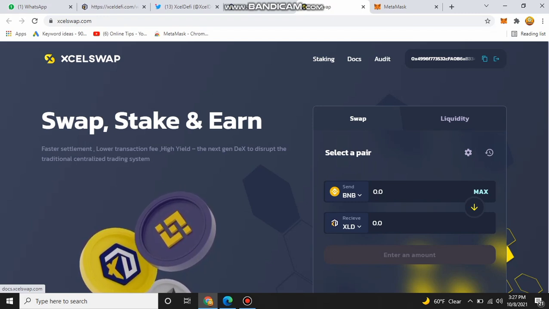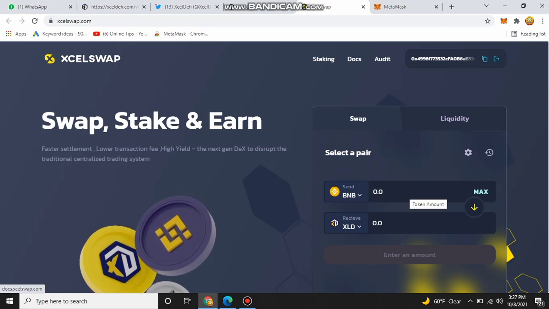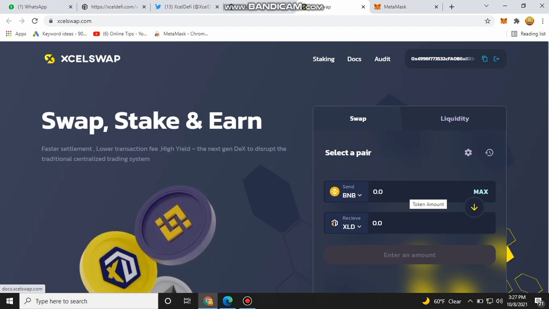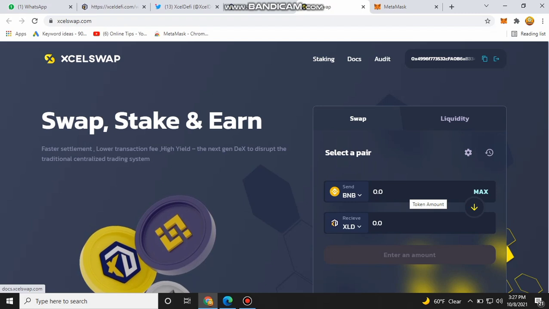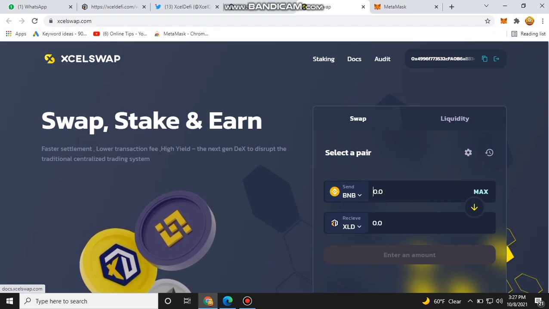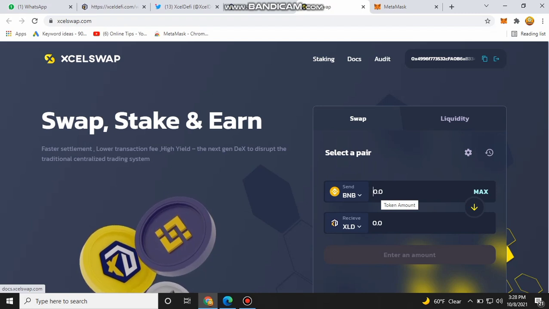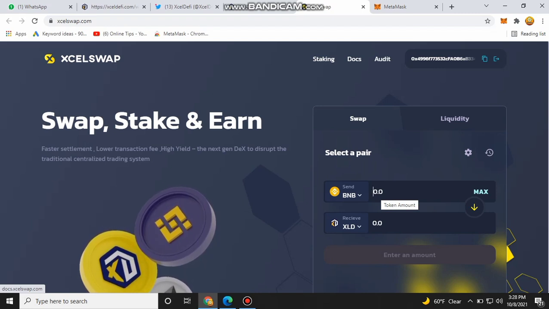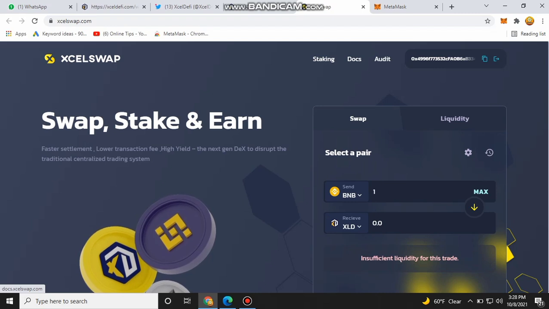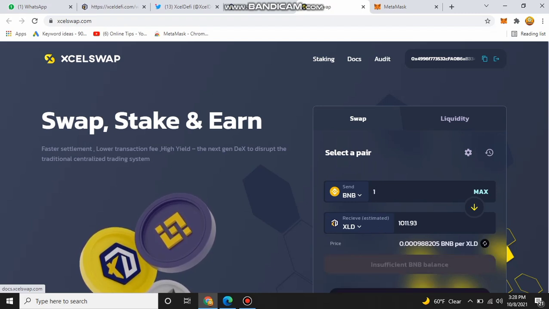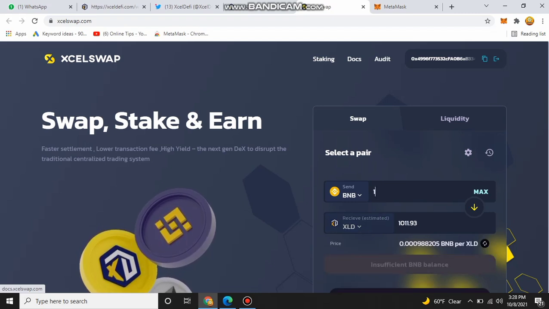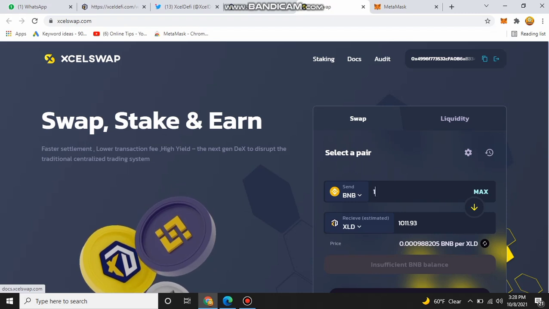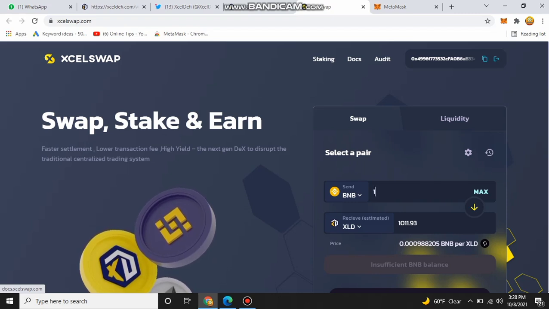So if I want to swap, or if I want to purchase their XLD token with my BNB, I need to write the amount of my BNB that I want to exchange for their XLD token. If I want to exchange 1 BNB with their token, I will receive 1011.93 tokens for 1 BNB.